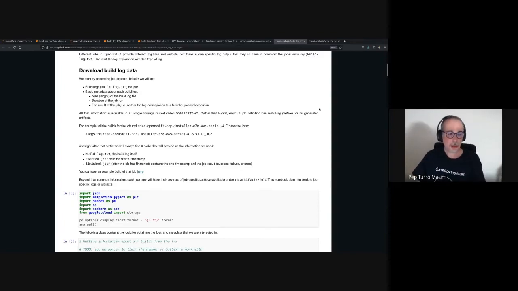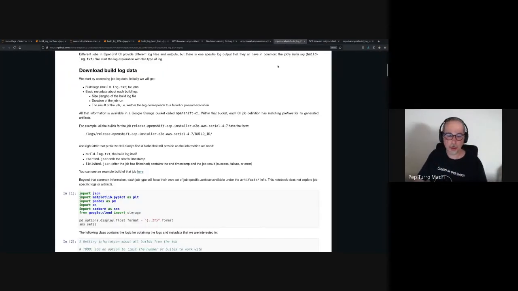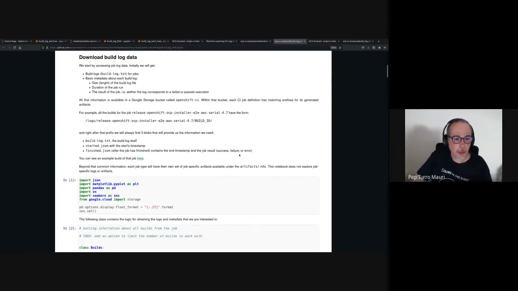Well, this is the first of the notebooks. It's about obtaining and performing an initial exploration of the data that we work with. As mentioned, every job can contain multiple logs, but for simplicity, we start with the build log, and also a bit of metadata to be able to work with them. There are a couple of JSON files that indicate when the job started and when it finished, and the result, basically if it passed or failed. Maybe if we have time, we can see later what else is there, because once you dive into the artifacts for each job, this is when things start to get complex. But anyway, looking at the general metadata,